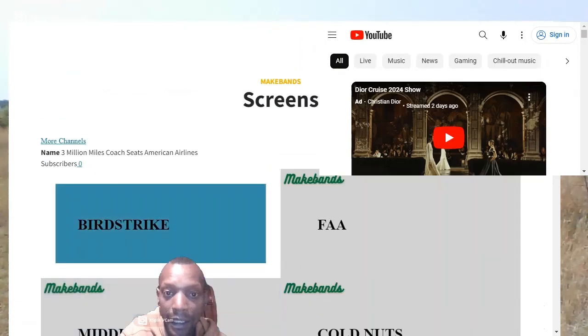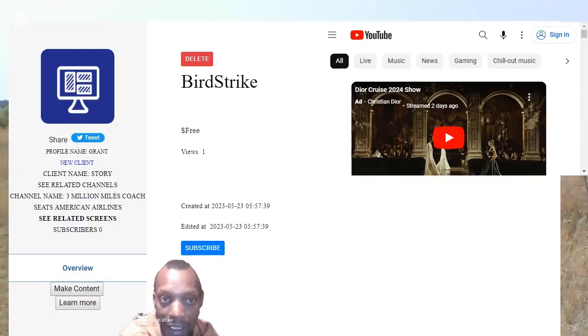and FAA. So if we click on one of these without data in it, like the bird strike has no data in it, it would be the first view. It would just be the title, keeping them track of information as we expected.